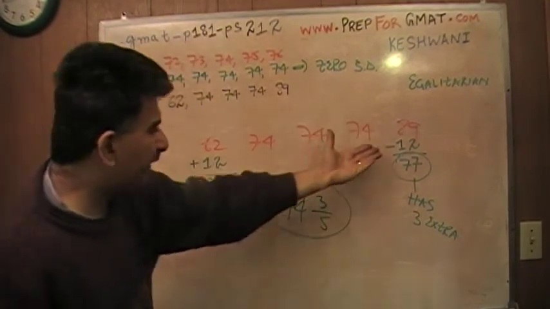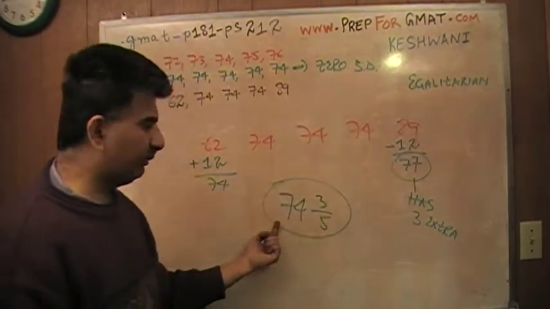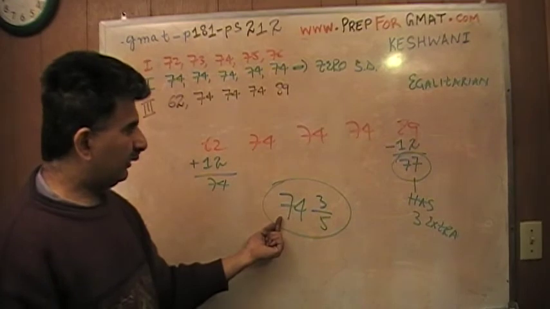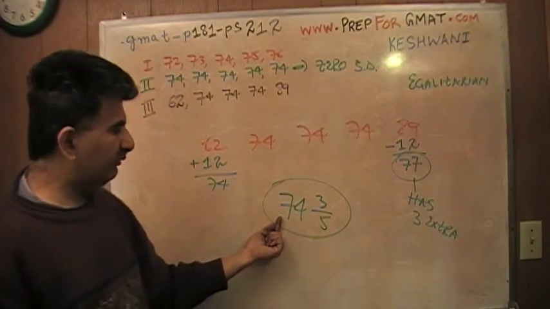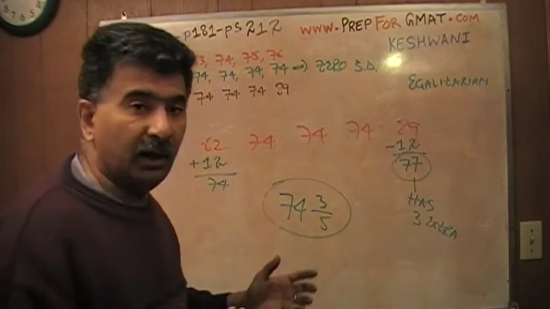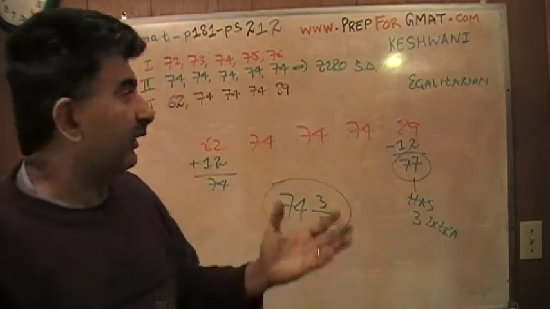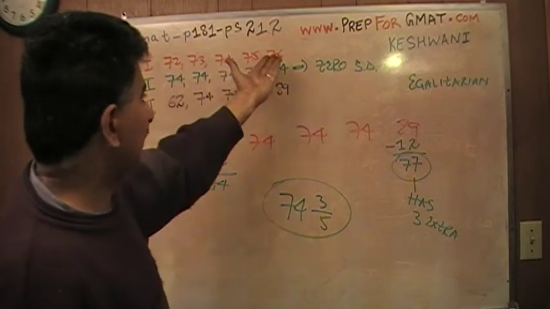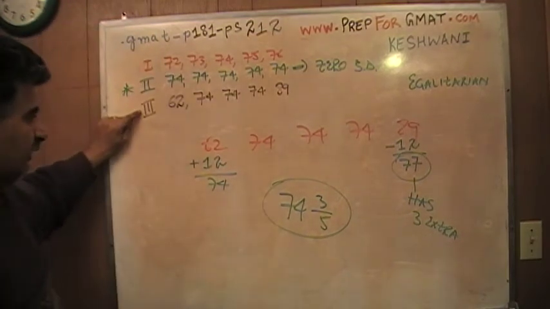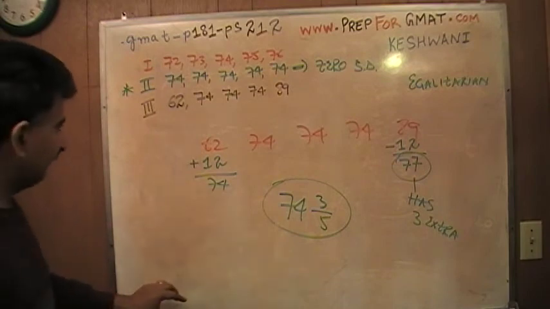Whereas over here it's going to be quite a lot. This alone will give you a big difference. If you were to subtract 74 and 3/5 from 89, it's going to be some large number. It's going to be more than 10, and when you square it, of course, it's going to be more than 100. We just said here the standard deviation is around 10 divided by the number of numbers. So this guy has the highest standard deviation, which tells me that the correct answer, whatever it is, has to